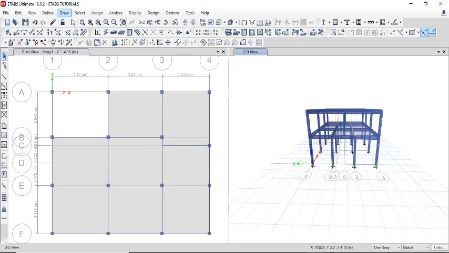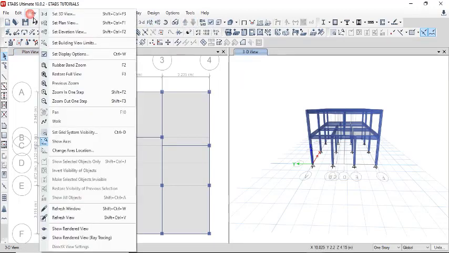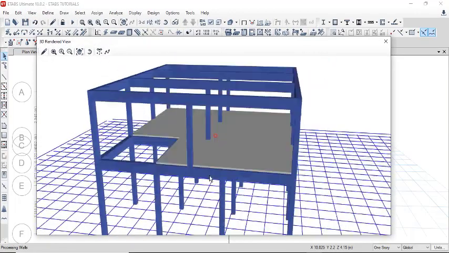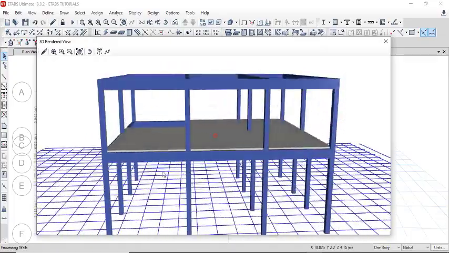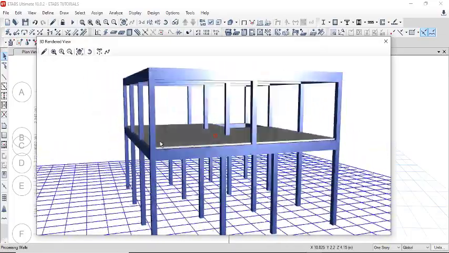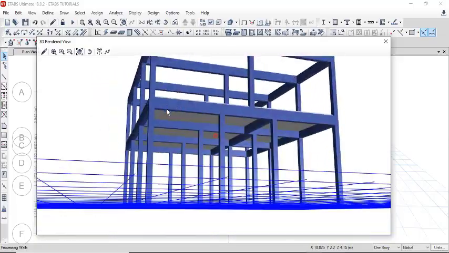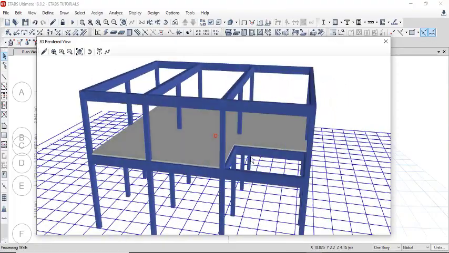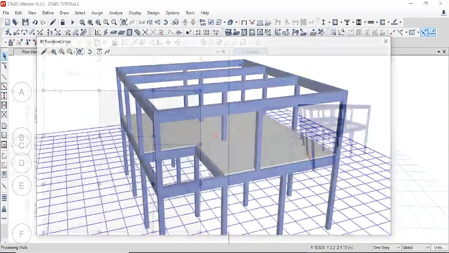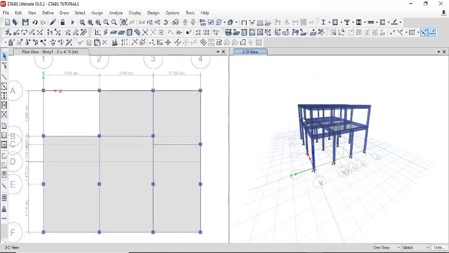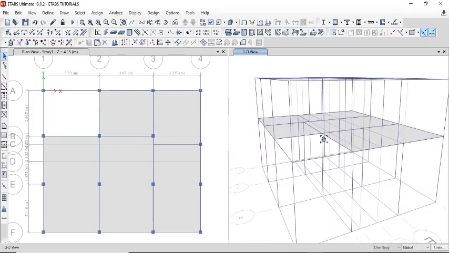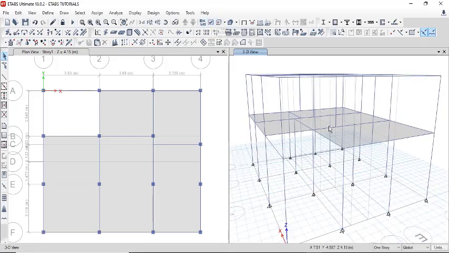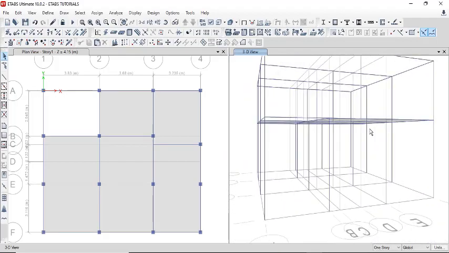And if you go back to your rendered view by going to views, show rendered views, you notice that we have modeled the floor of our structural members. So this is the rendered view of our 3D building. That's how it's going to be, and the column is going to be placed at this region. Also, if you are using this extrude view toggle and you want to switch back to your default state, just go back to the box and click on it, and it goes back to its initial state.